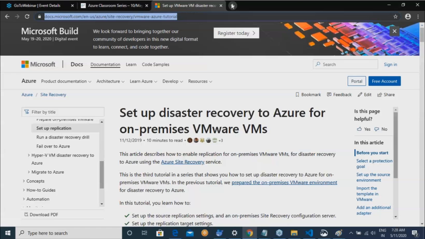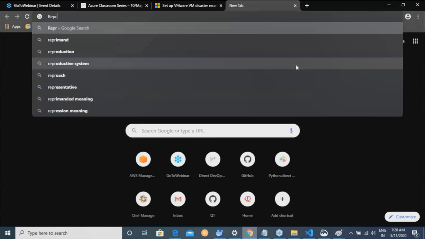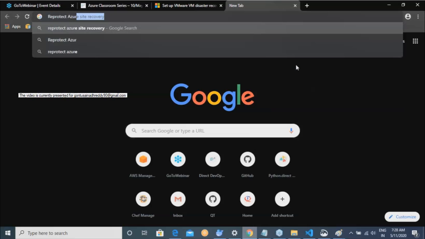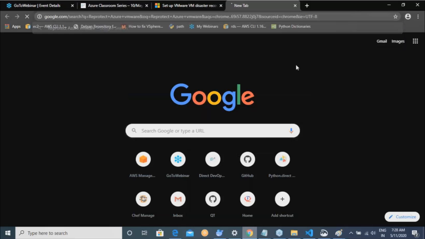Okay, I'll do one thing. Reprotect Azure VMware.